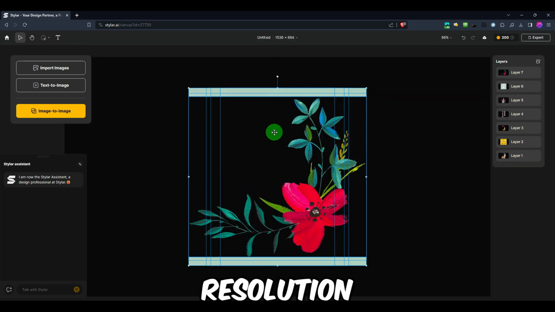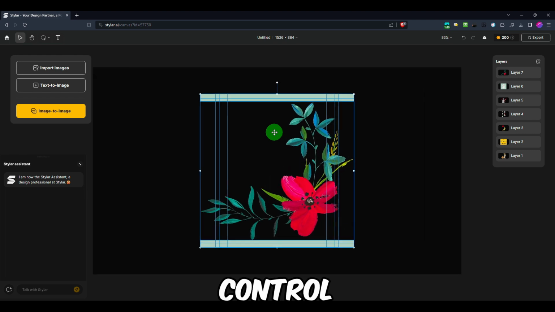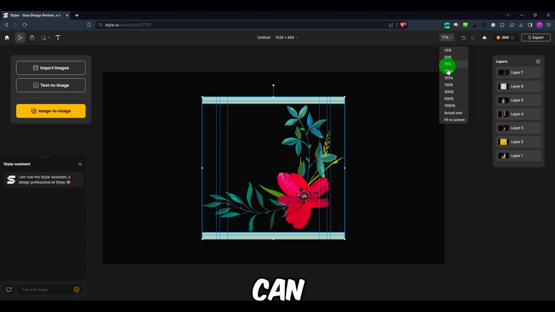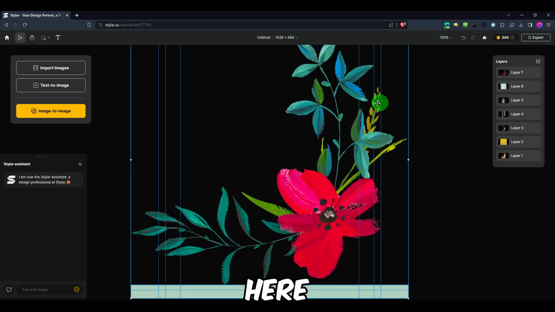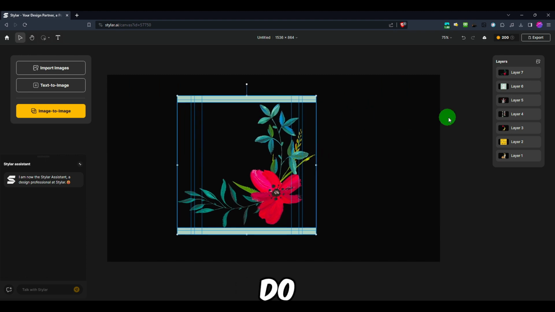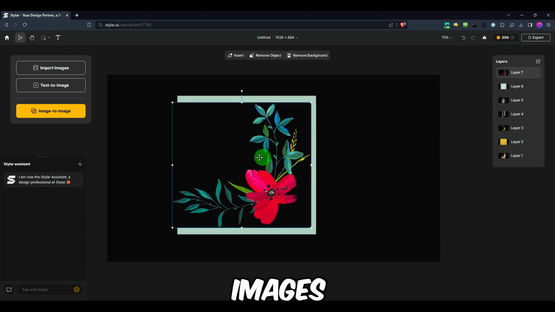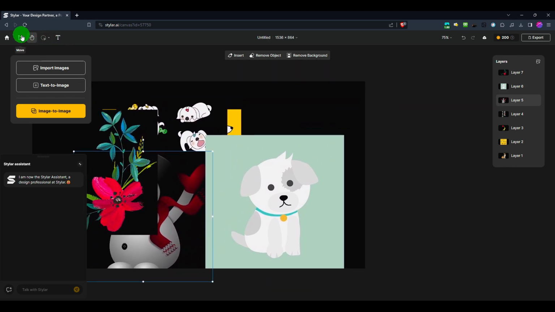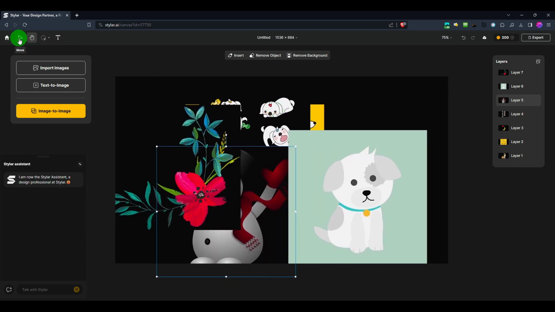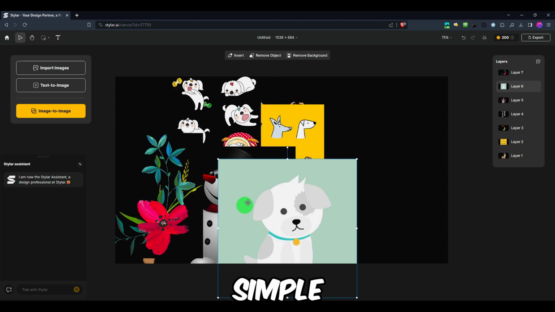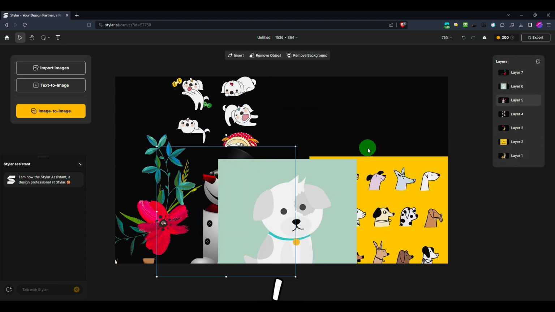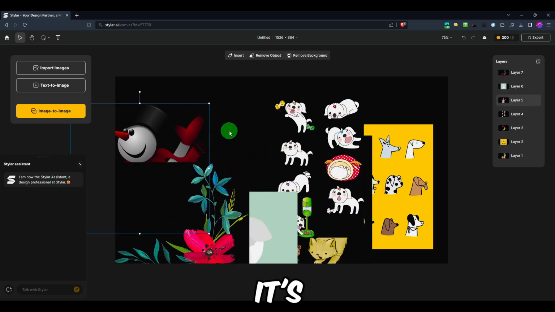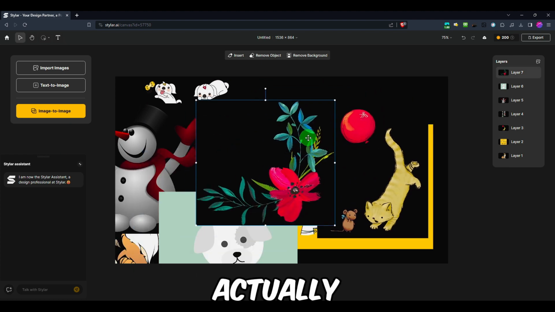We can actually just change from here. I'll apply this resolution, and if I hold Control and use the middle wheel on my mouse, I can zoom in or zoom out, and we can also zoom in and zoom out from here. And now what we have to do is I have selected all the images here, and now I can simply also pan around from here. You select hand grip, let's select move, and I'm going to create a simple composition using, I guess, all the images. So first one, the base image for this composition, it's going to be this